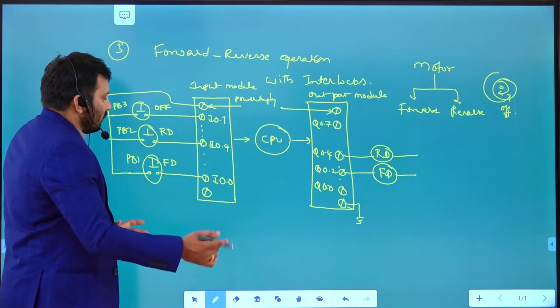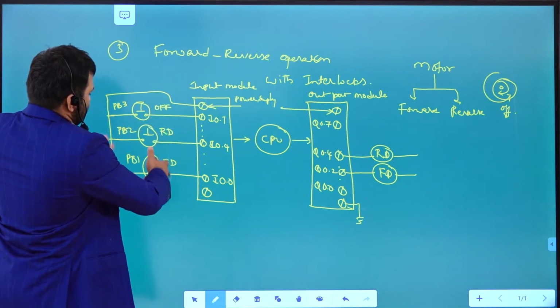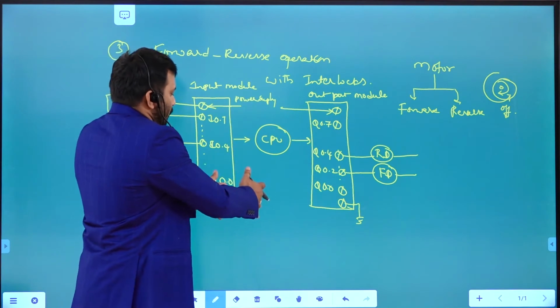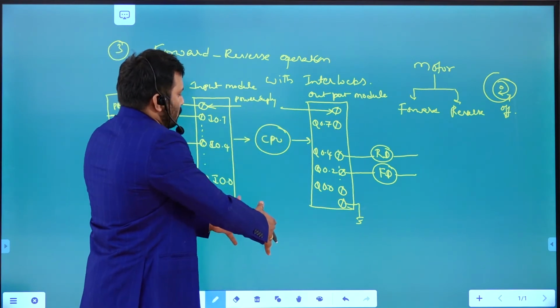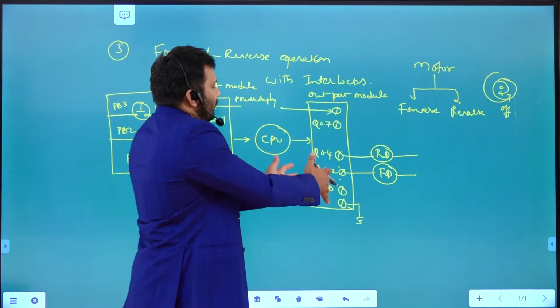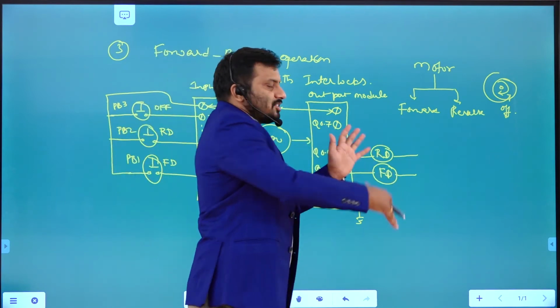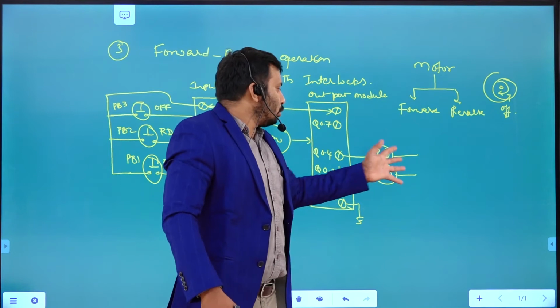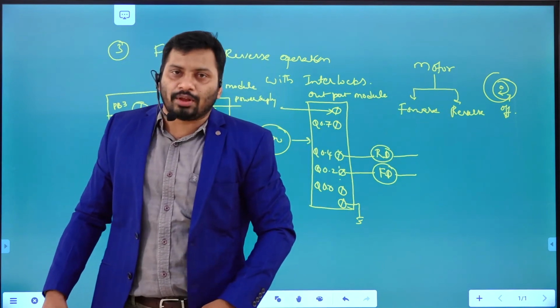Right? So now what is going to happen? This sensor data is going to be stored as an input image block. This input image block is going to act like input to the program which is written in the CPU. Then that is going to be executed, and that is going to update the output image table. Based on the output image table, these particular signals are going to go out through these two terminals. Those are going to cause the output action, right?